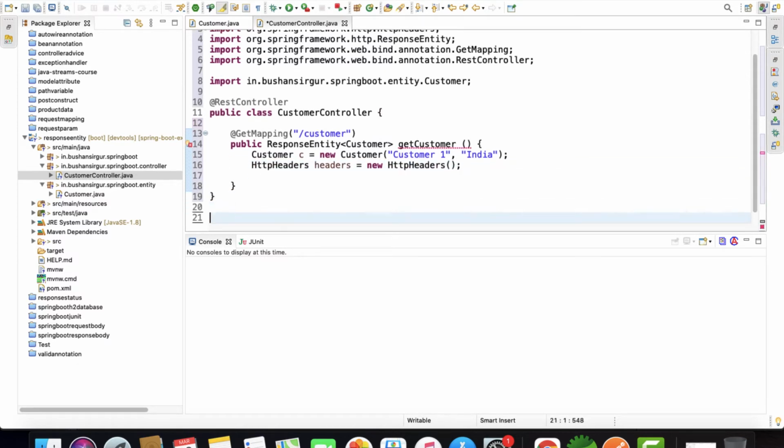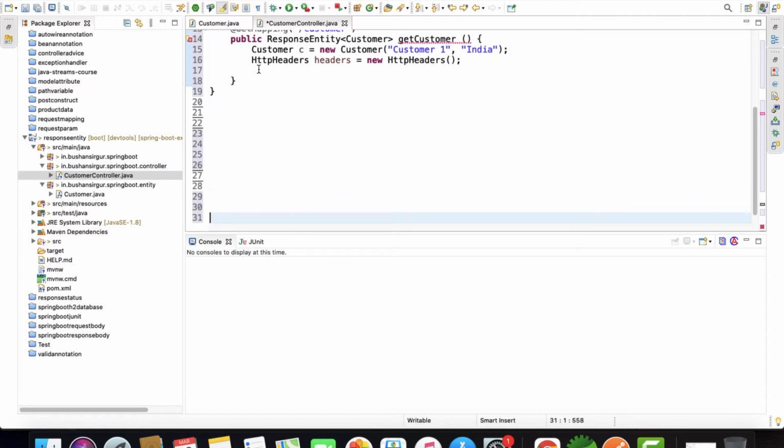Let me give some white space. Inside this, we can add any number of headers we want. This will take key value pairs, headers.add, and the key, which is, let's say we want to pass the token and the token value.